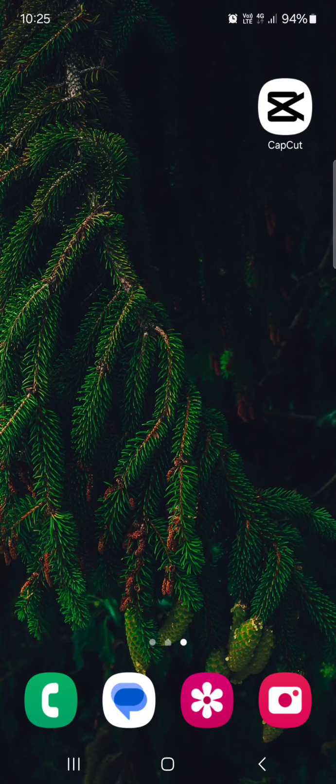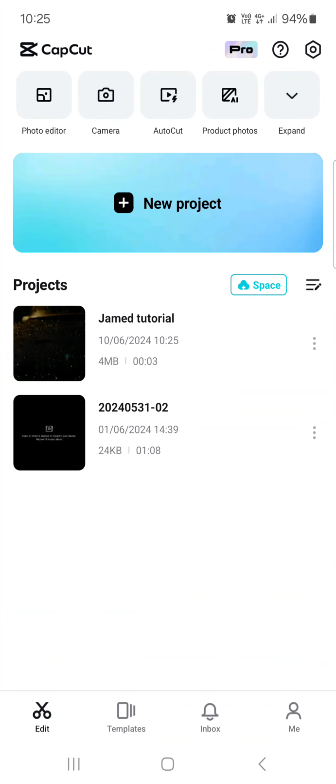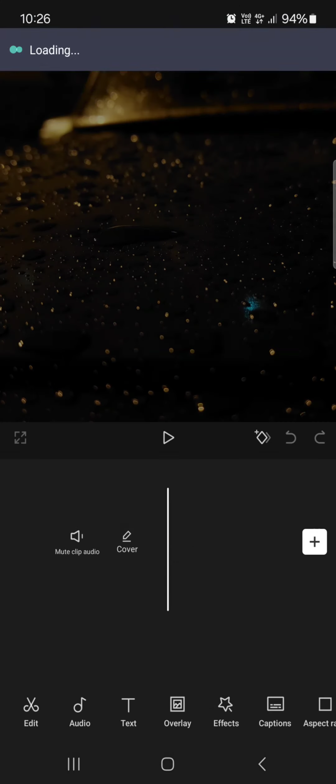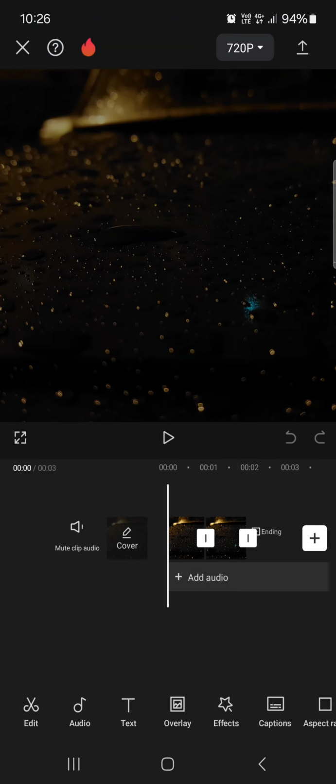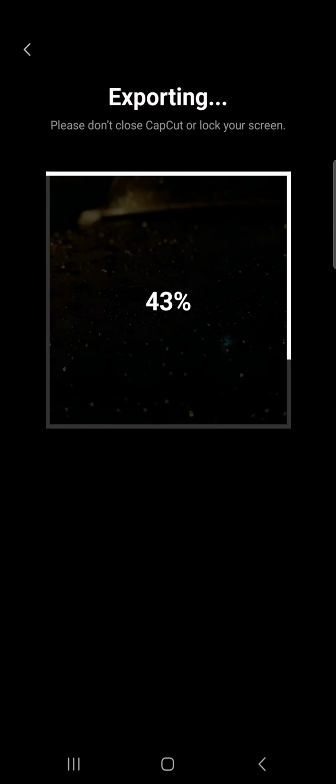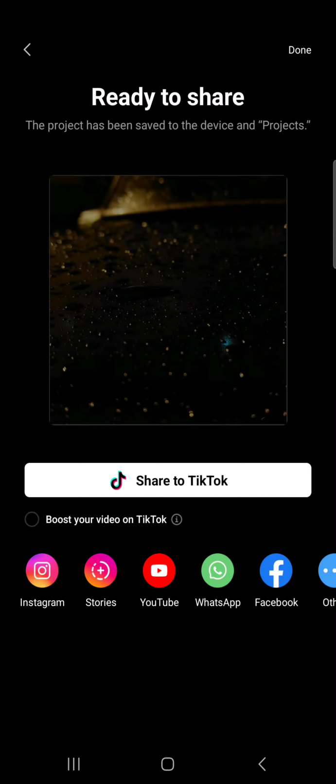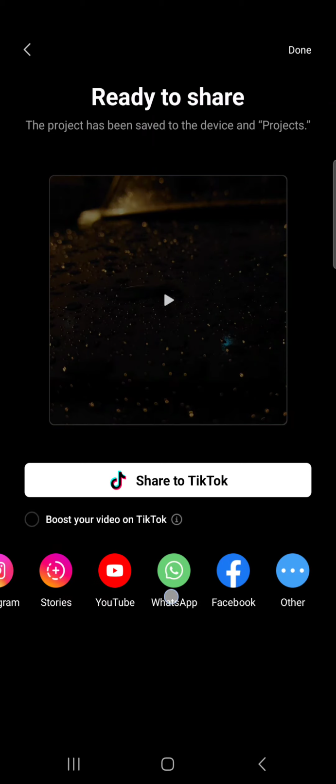First, you have to open up the CapCut app. And here it opens up in the edit menu where we have our project. From here we just go into a project that we want to export. And here in the project, in the top right corner, we find an upward pointing arrow. We tap on this, and then the video is going to be exported, and we can just share it